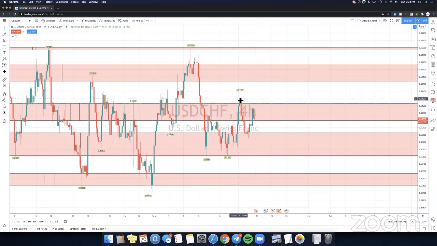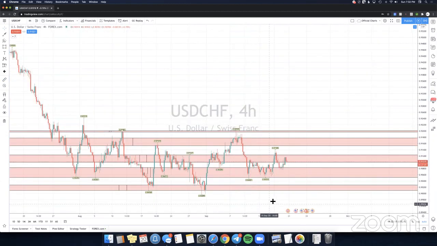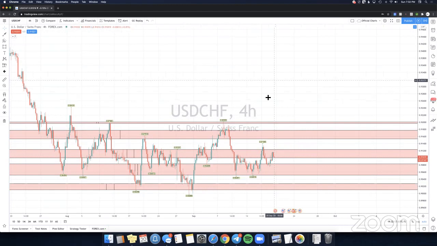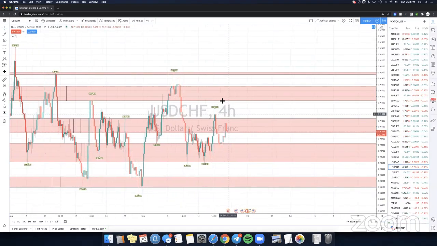So if you were to enter somewhere like this right here, or if it was to close below here, you can probably scalp it for a little bit, 15 pips. But it's just too risky. I'd wait for it to break below or break above, because obviously you want to take a trade when it's out in the clear. So for USD CHF, this upper zone right here is going to be